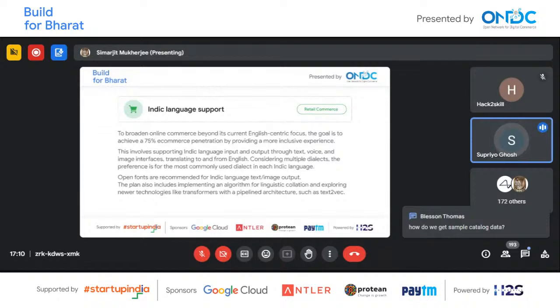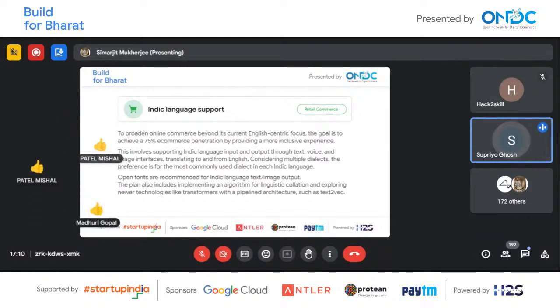So, for example, the input to a digital commerce system could be a combination of text, voice, and image interfaces, assuming that the catalogs are in a specific language. Let's say the majority of them are in English, some could be in Hindi.